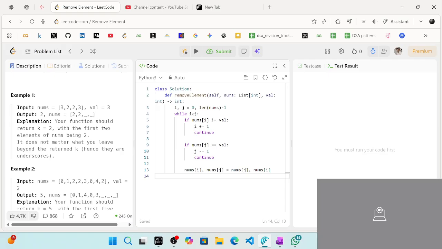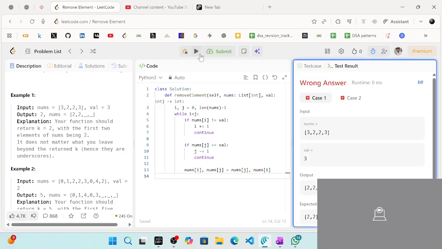Is there something remaining to explain or to write? Let me think of it. No, there's nothing left. Let's run the code,